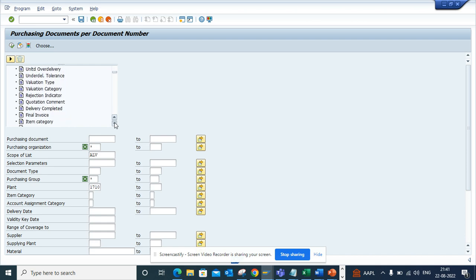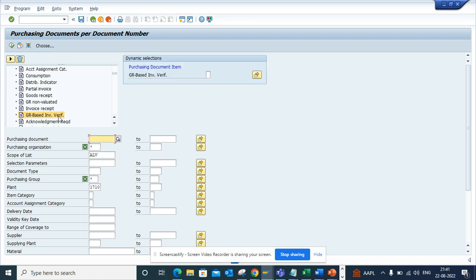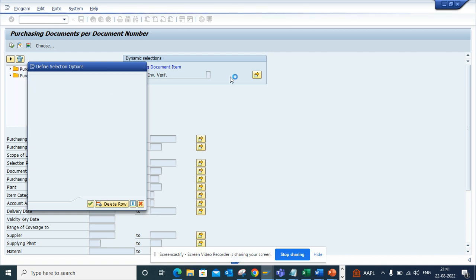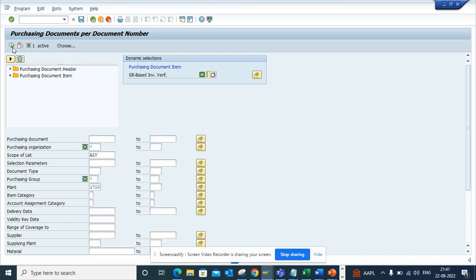There would be the GR based flag, item category. Here you see GR non-valuated, GR based IV. So the moment I double click on this, it will come here and you will need to double click on it. I want to select only the ones that are blank. Okay, so if I execute